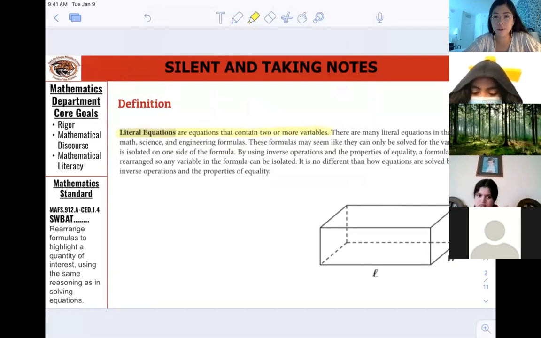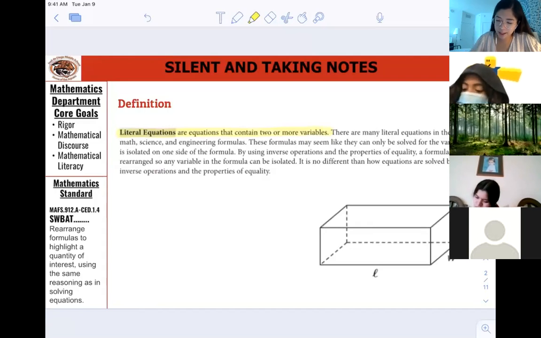Up until now, we've only done equations that have 1 variable. So from here on out, we're going to look at equations that have 2 or more variables. There are many literal equations in the form of math, science, and engineering formulas. These formulas may seem like they can only be solved for the variable that is isolated on one side of the formula. But by using inverse operations and the properties of equality, a formula can be rearranged so that a variable in the formula can be